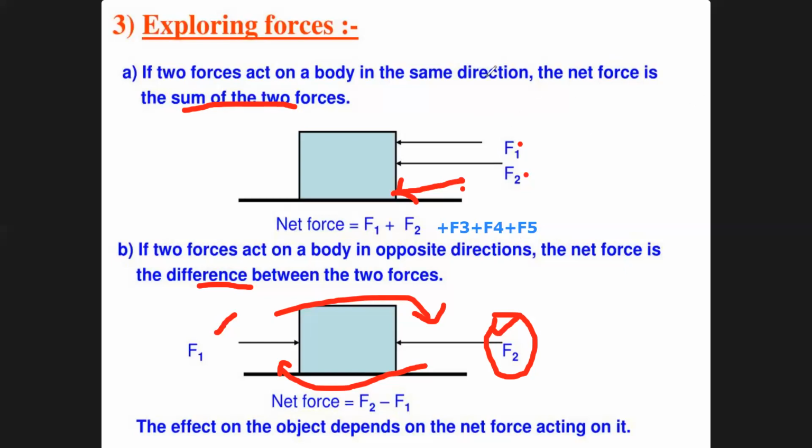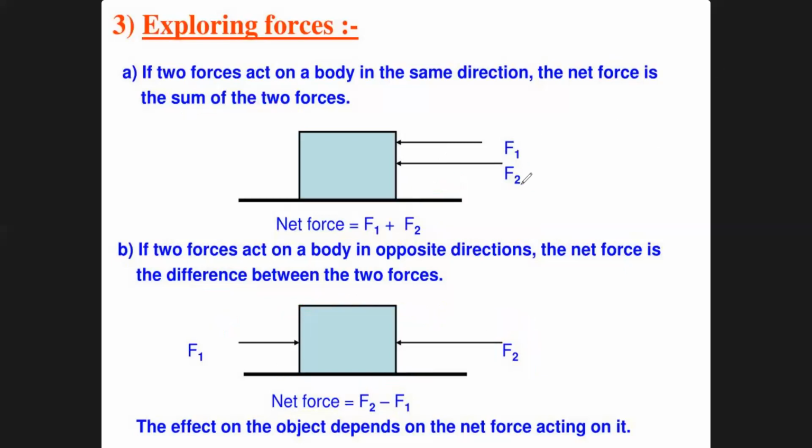There is also one more doubt that may arise: Sir, what would happen if some forces act in the same direction and another in the opposite direction? See, here F1 and F2 are two forces acting in opposite directions, and here I write an F3 force. How would we write that? F2 and F3 are acting in the same direction, so for these two we add F2 plus F3, then subtract F1, right?